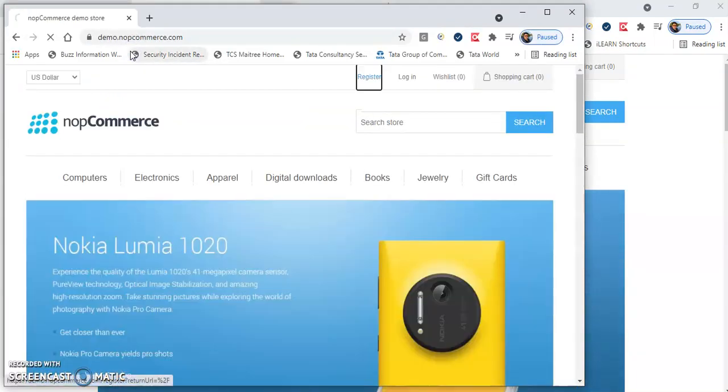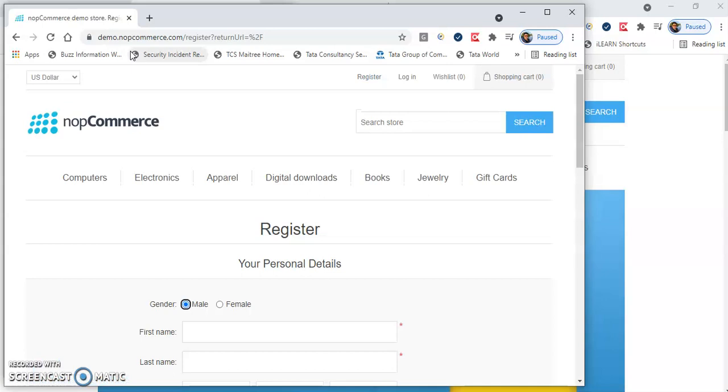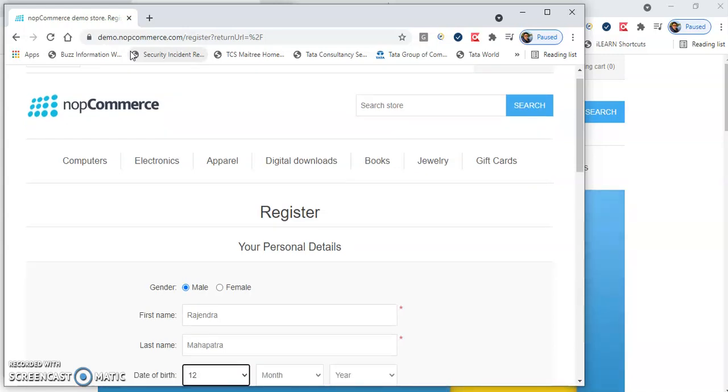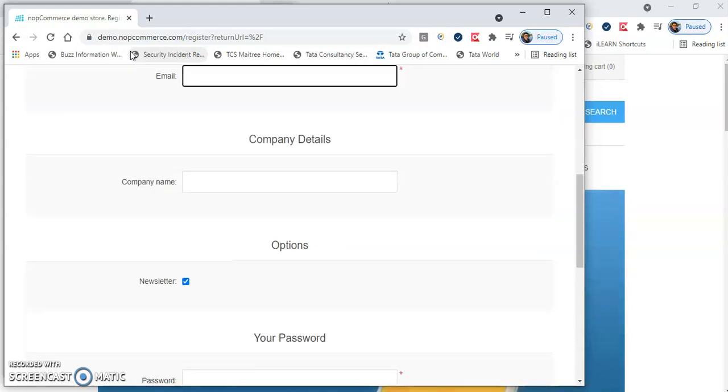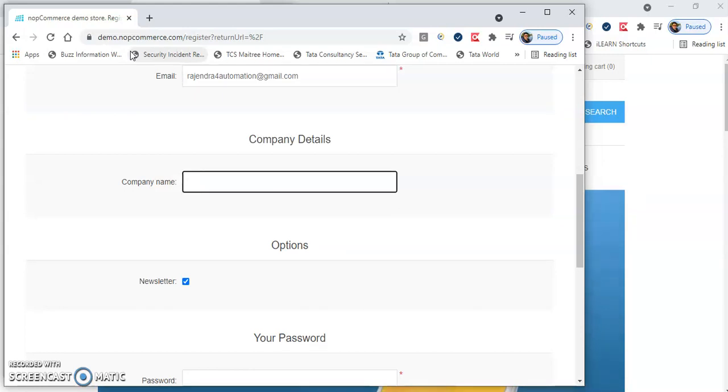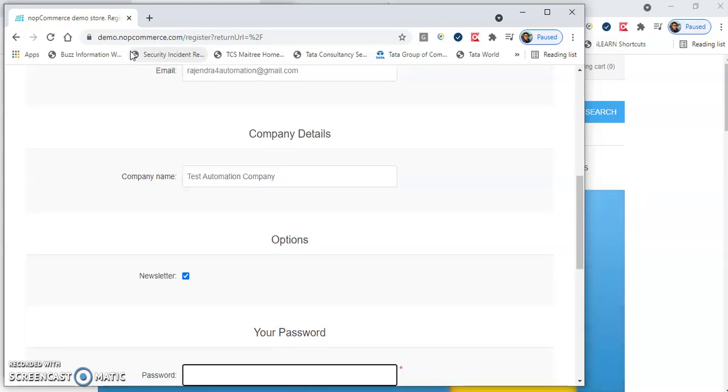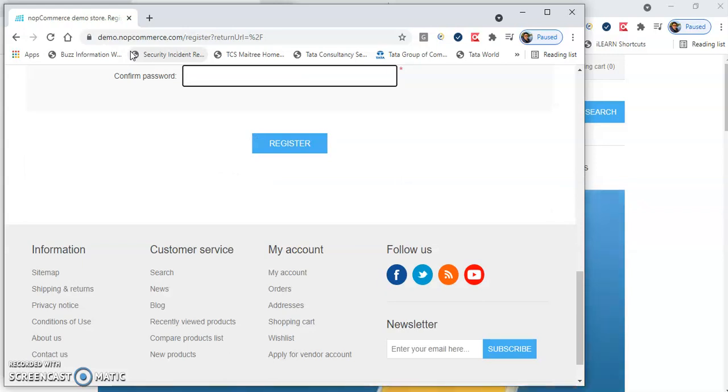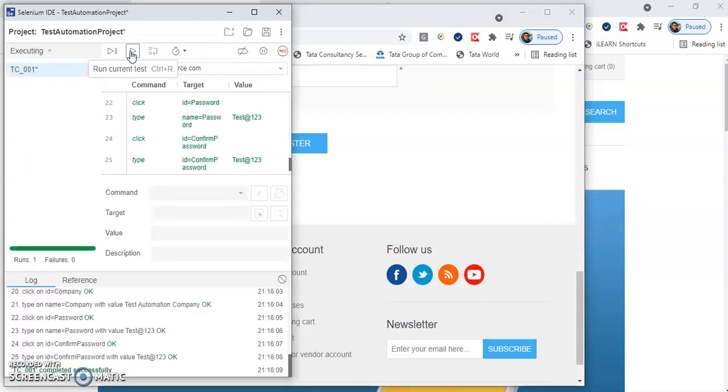It has opened your application under test and clicked on the register link. Now it is filling the registration form. So all my test steps have passed.